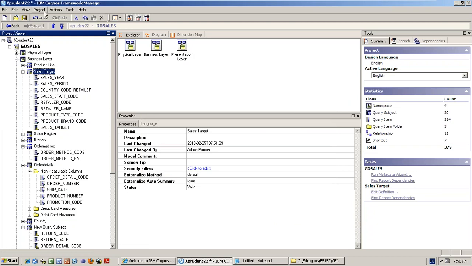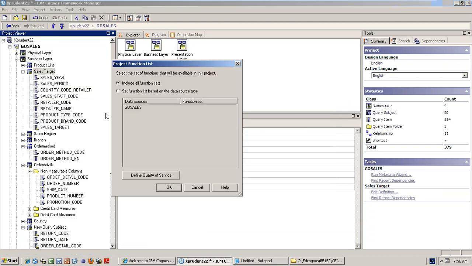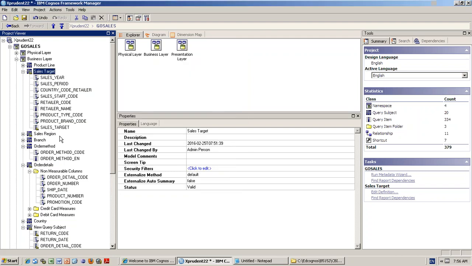Function list is there, right? Project function list. Normally we include all function sets. Include all function sets means that while you are creating a calculation, all the functions are available: SQL Server functions, Oracle functions, everything.